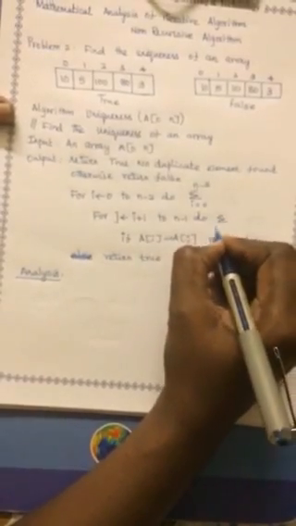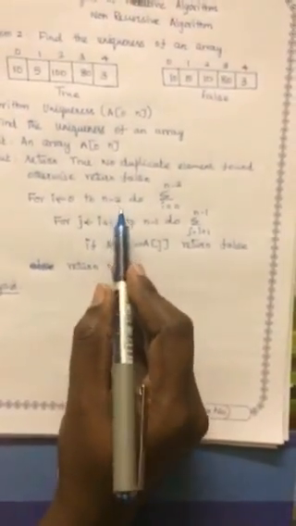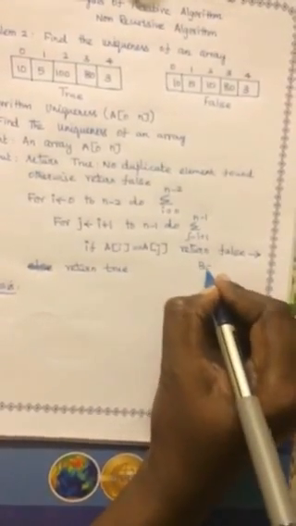Now we do the analysis. So we have to find the summation formula. Here we are having two iteration loops. So this loop i starts from 0 and goes up to n minus 2. This loop starts from j equal to i plus 1 and goes up to n minus 1. Now we have to find the basic operation. Here only one statement comes under these two loops. So we are going to consider this as the basic statement or basic operation.